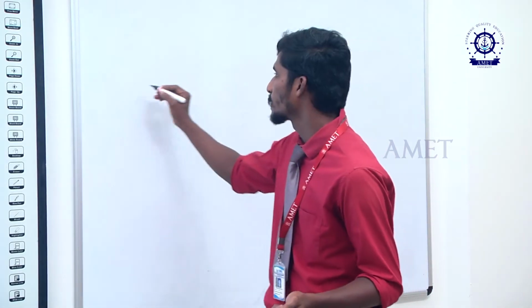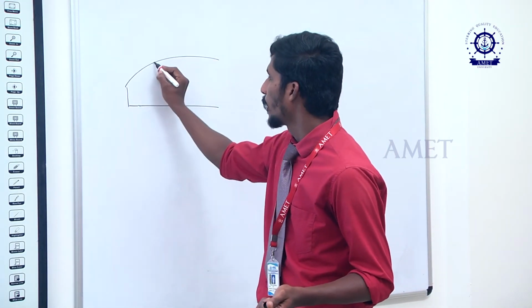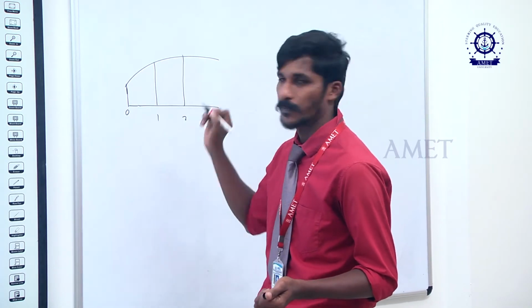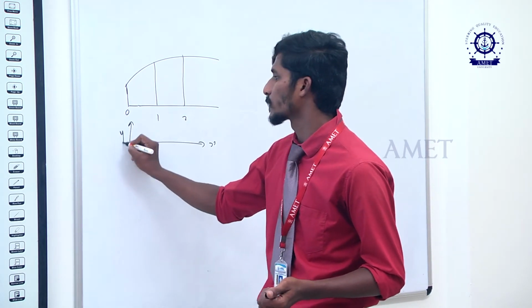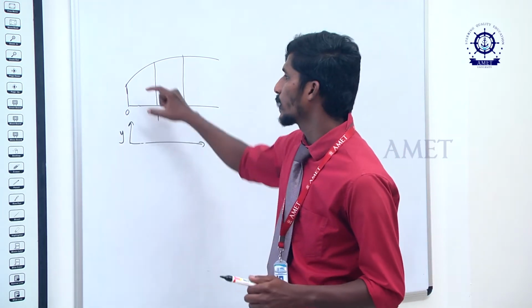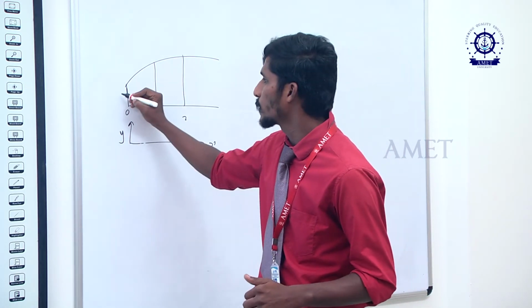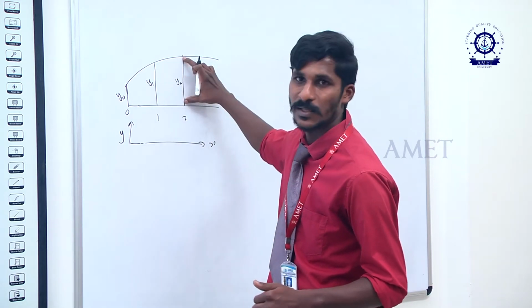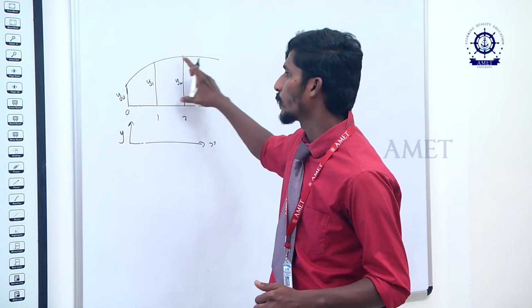For example, 3 ordinates means you have a curve starting like this and you have 3 ordinates: 0, 1, 2. This line represents the x-axis, and this will represent the y-axis. Okay, so whatever you are taking, this is one of the waterplane areas, and you are taking each ordinate value which is y0, y1 and y2. These represent the distance from the center line to the curve. So these are the values we know.